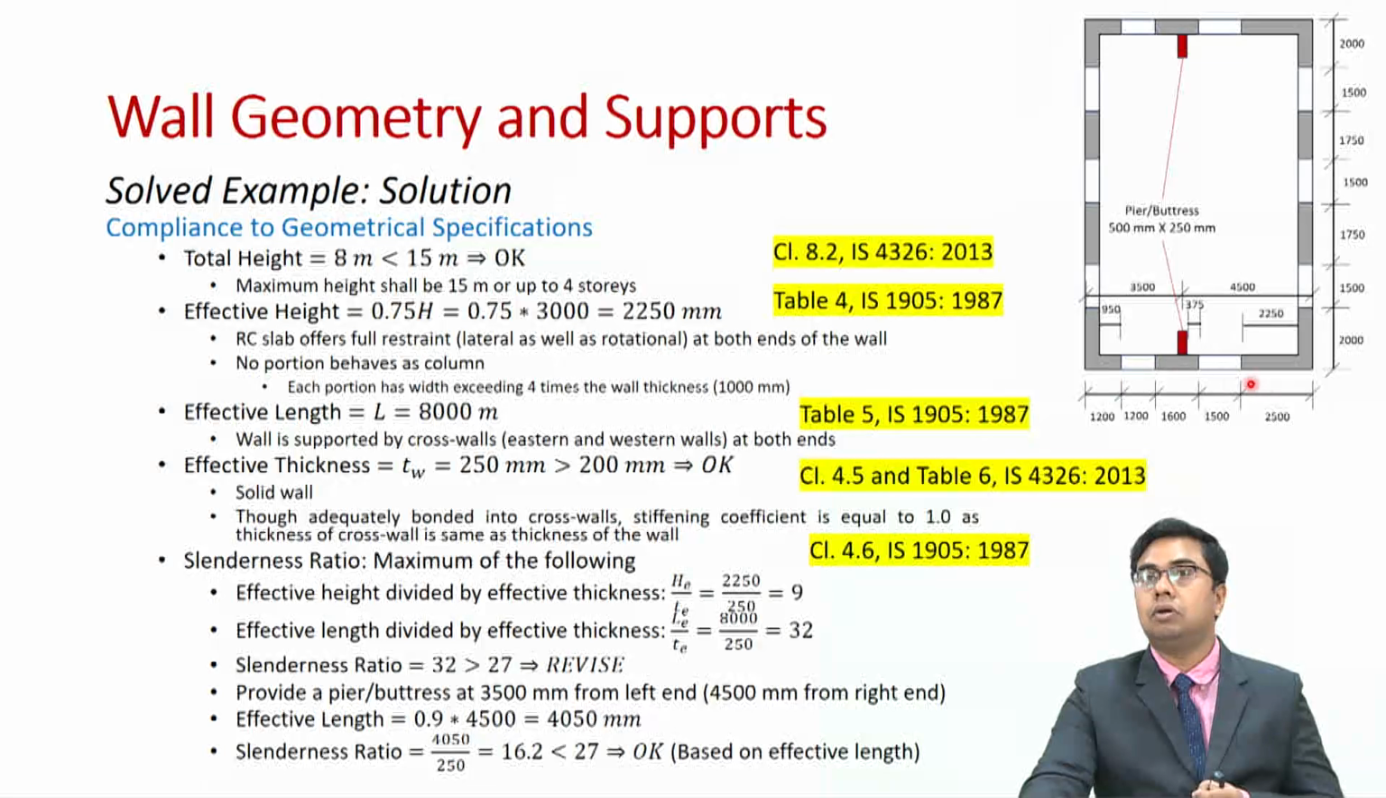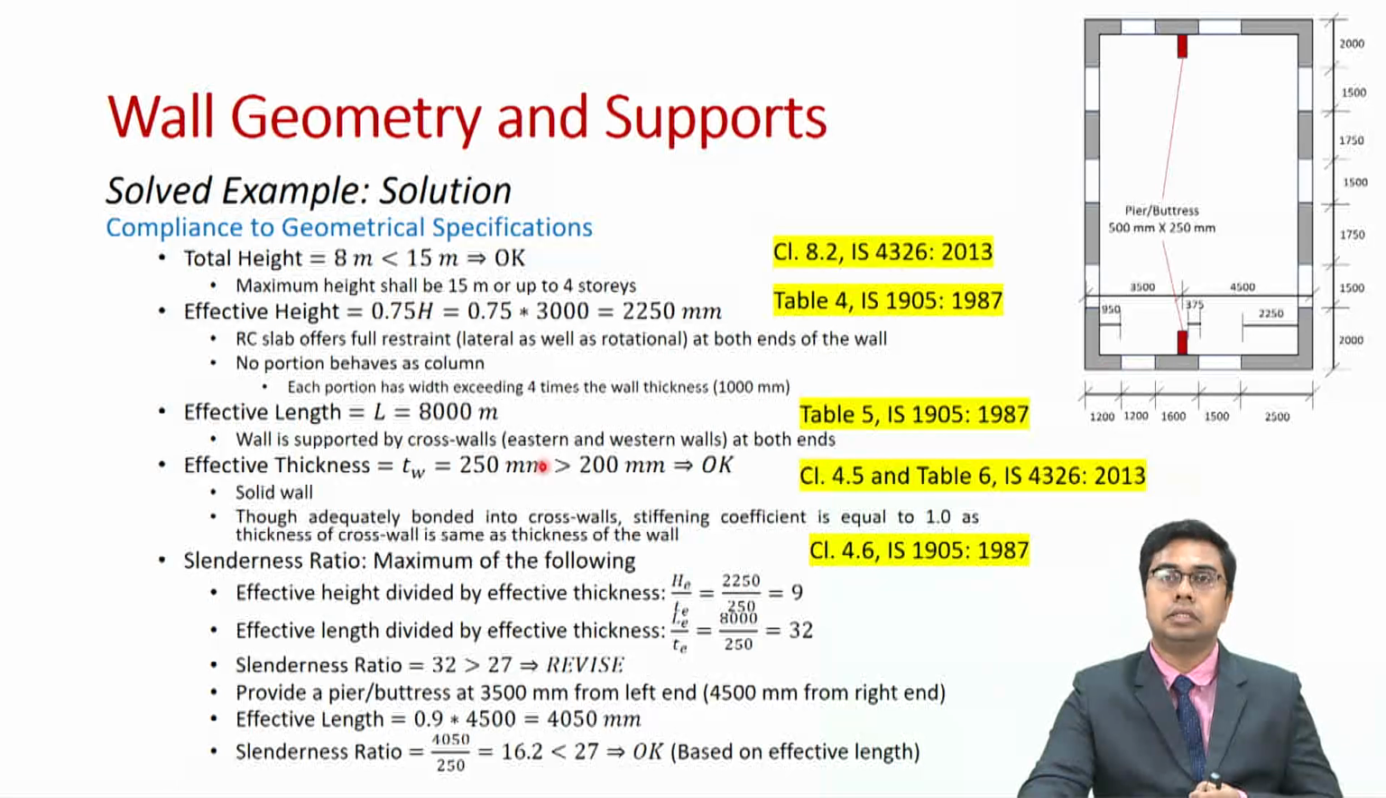In this case, the length of the wall is 8 meters. So the effective length is 8000 mm. Then the effective thickness of the wall shall be calculated. Again, since our wall comprises of solid masonry units and we do not have any cavity wall kind of thing, so in this case the effective thickness of the wall shall be equal to the thickness of the wall itself,